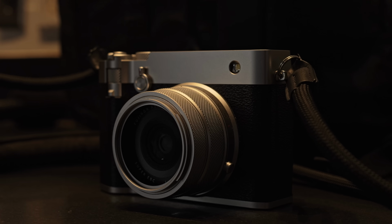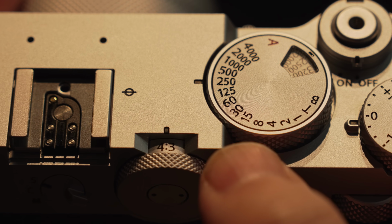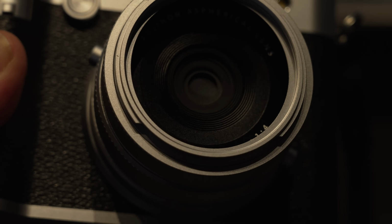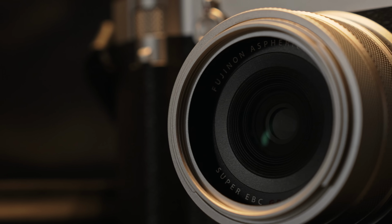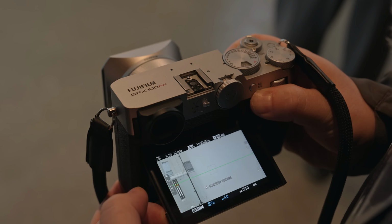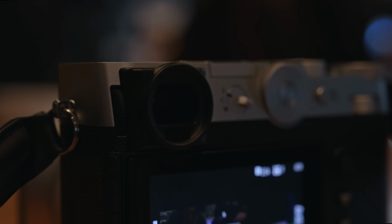It has all the matching dials, and a few dials that we haven't seen before, and I'll get to those in a bit. This camera also has a brand new lens we've never seen before. It's a 35mm f4, which is basically a 28mm full frame equivalent, and I'll talk about this controversial lens in a bit. It's got a 3.2-inch, 2.1 million dot tilting touchscreen and a 5.76 million dot OLED EVF,